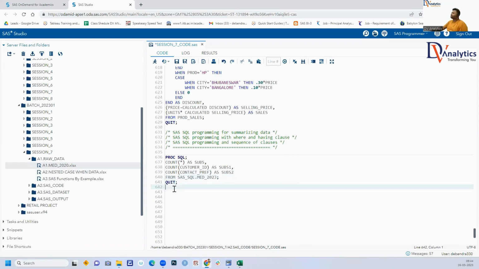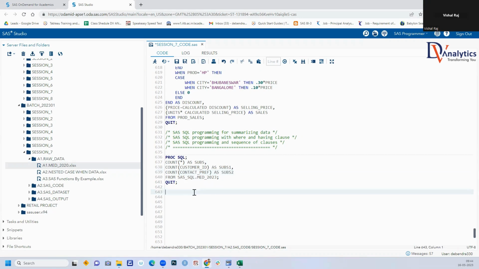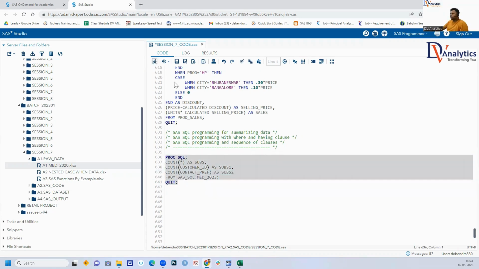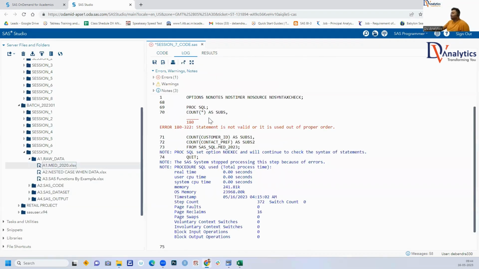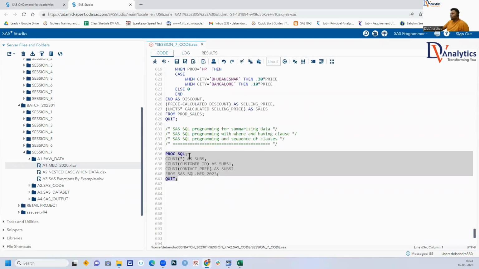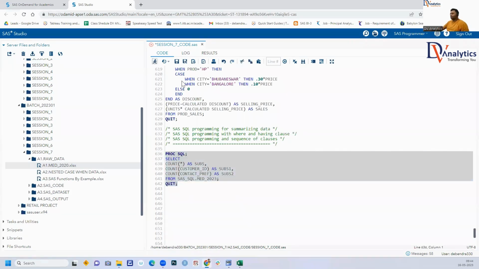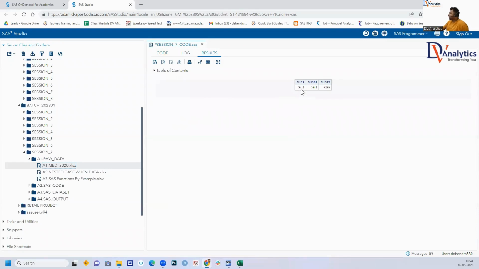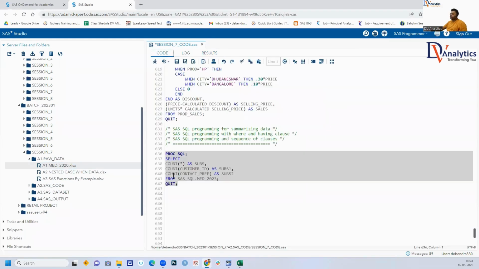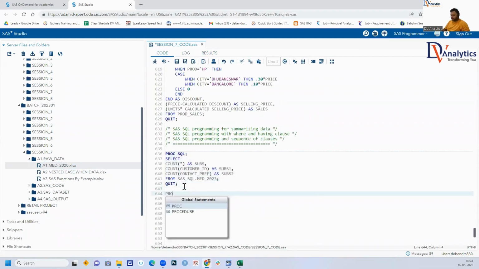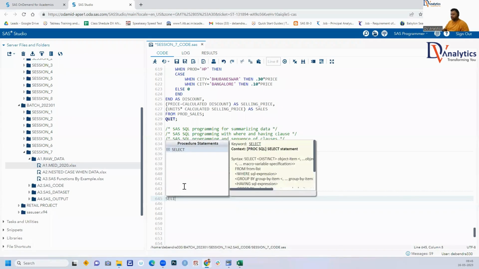Are you getting this, guys? Understood? So when you run this program, what is happening? You write here what? Select. If you run this program, what is happening? 1 is giving 5112. Count of customer ID is also giving 4112. Count of contact preference is giving 4219. What does it mean? That means it has some missing values. Yes or no? Right. I can write PROC SQL select